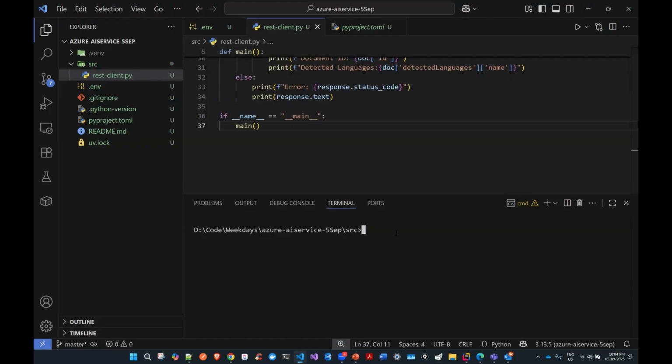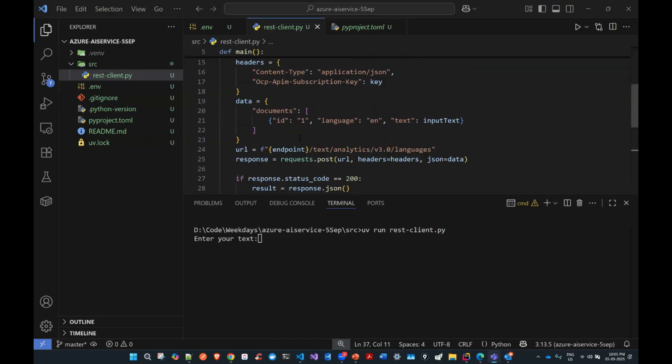Now let me run the code. So it would be, let's say, uv run rest-client.py. So this is the code I'm running here now, and see the output. It will ask for the input over here. Abhishek, in the code, I have defined the JSON structure.